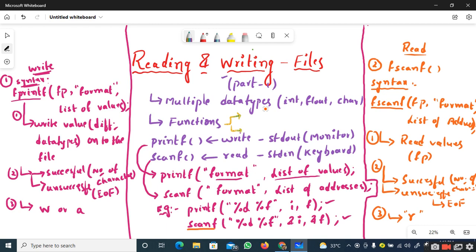We started our discussion with the standard printf and scanf functions, which are used to print values to, and read values from, the standard output device and the standard input device.